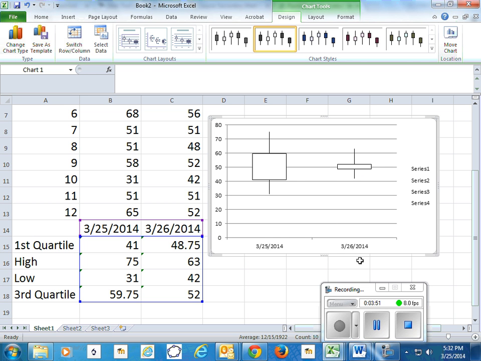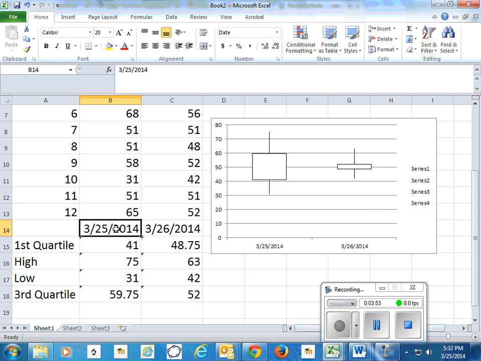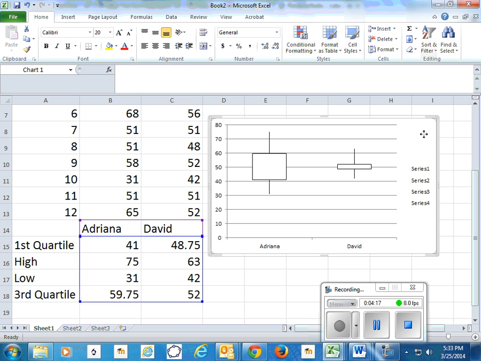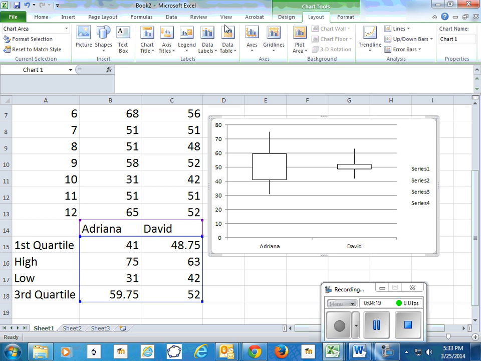But now that it's been created, we can change the names. We can say Adriana, and David. So it changes these labels down here, but we need a label on the y-axis as well, or the vertical axis. So while I select this chart, I can go to Layout,